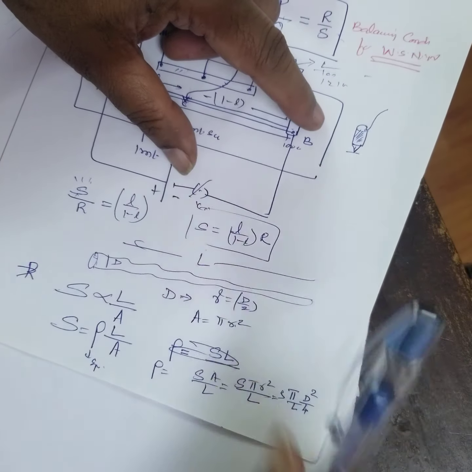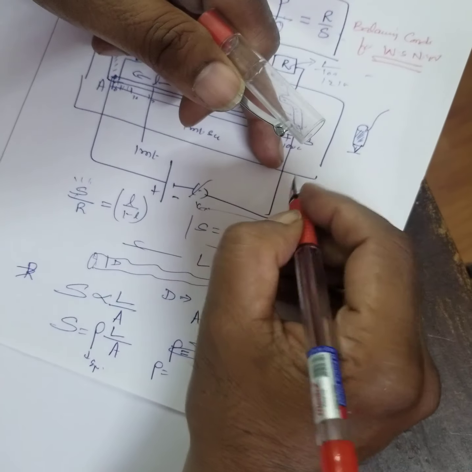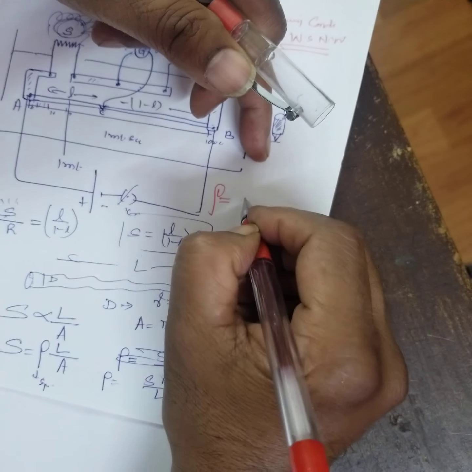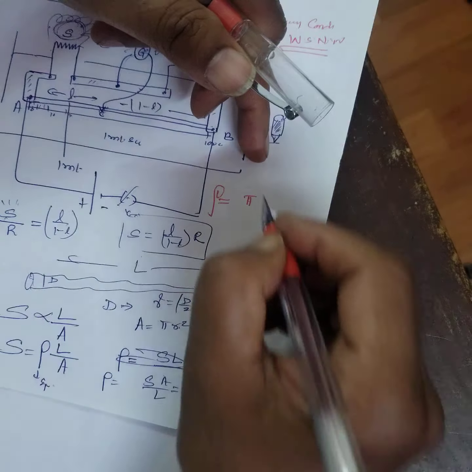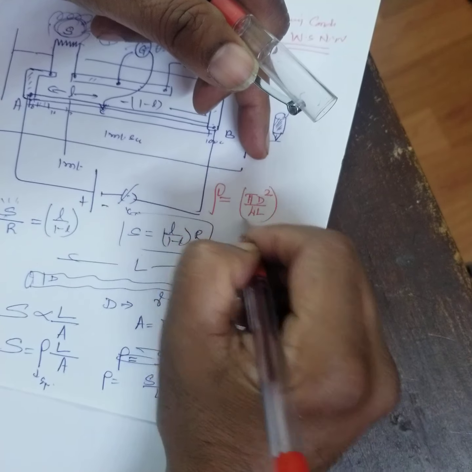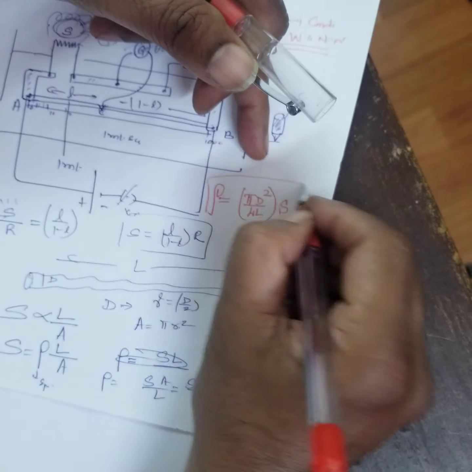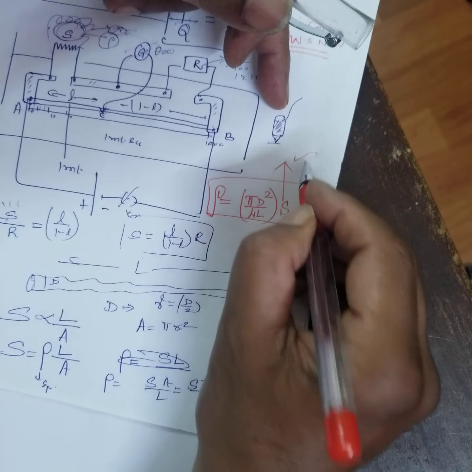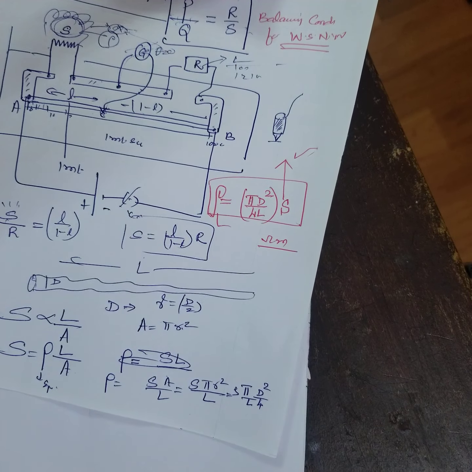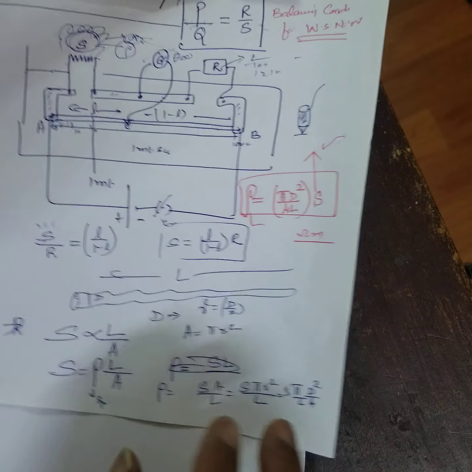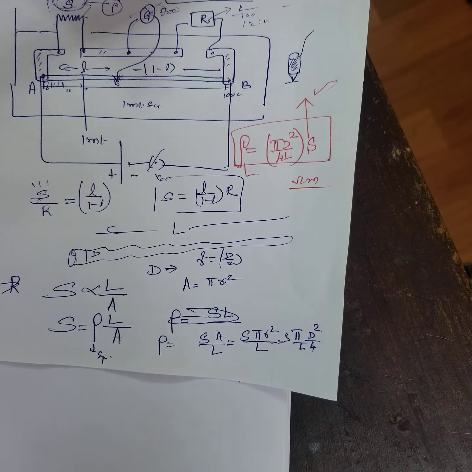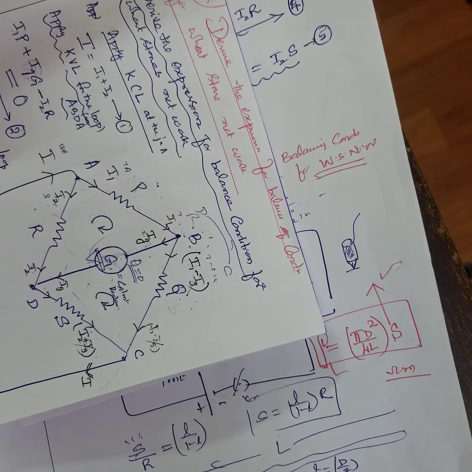Therefore, for this unknown resistance, I write this formula. So, specific resistance is equal to pi D square by 4L into S. But this S you have to find out separately, and you can calculate in ohm meter. You are done in the practicals. They won't ask you in the final exams, even CET also. But problems based on this will be asked in CET. Okay. Now this is the A level only.